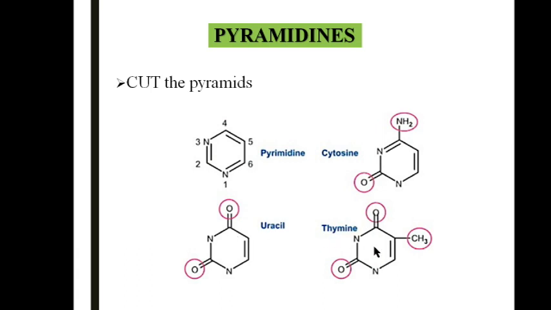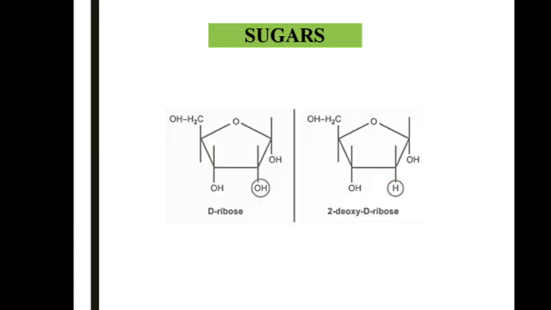When you look at the structure of thymine, it is close to uracil except for the presence of a methyl group located at the 5th carbon atom. Therefore it is 2,4-dioxy 5-methyl pyrimidine. That means on demethylation of thymine we get uracil. When you remove the methyl group from thymine, we get uracil. So this is about the structure of the various pyrimidines. The chemistry part we are not going into in detail. We are directly jumping onto the metabolism part.